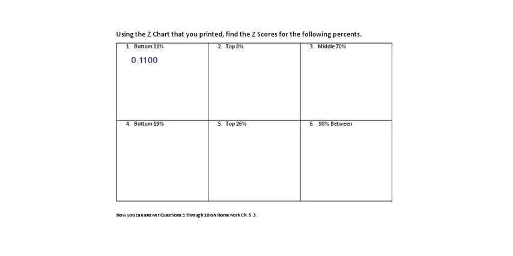All right, which is not on the chart. But the closest to 0.1100 is 0.1093. So what that means is our z-score